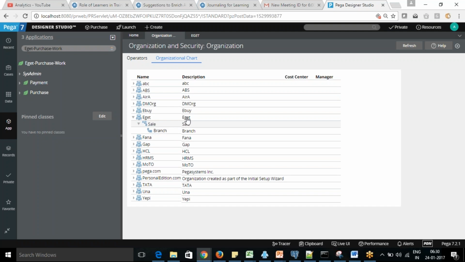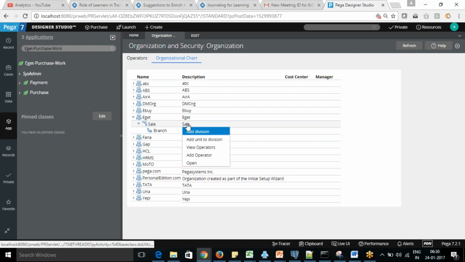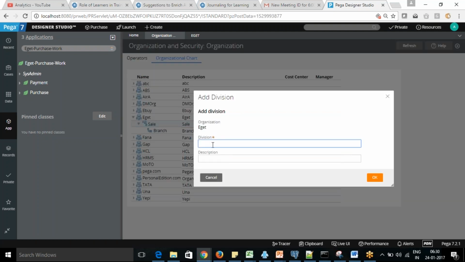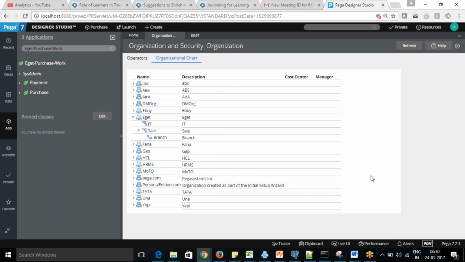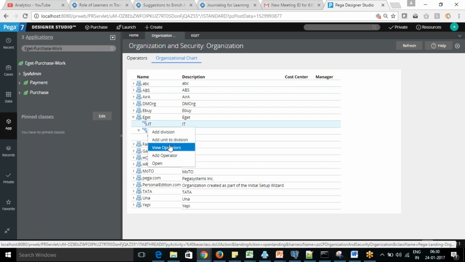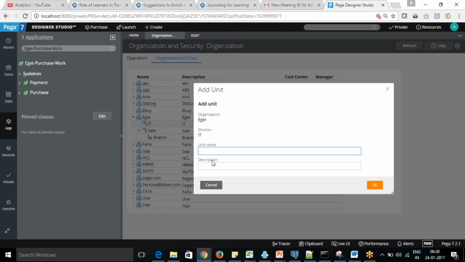If you want to create one more division here, you can give the name of the division, let's say IT. That is going to create one more division within the organization. And within that IT division, you can add a unit to the division.